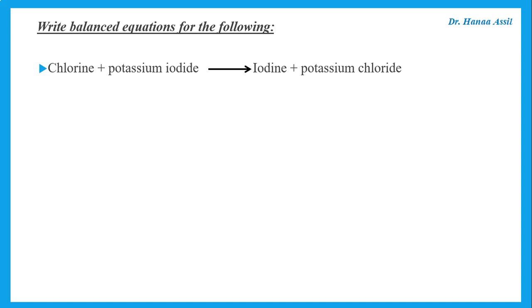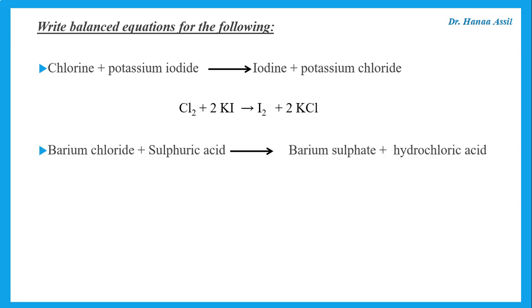So to write a balanced equation, we said chlorine, for example, plus potassium iodide. Chlorine is diatomic. Potassium iodide, valency of potassium is 1, iodide is 1, to give iodine plus potassium chloride. You count the number of chlorines, iodines and potassium before and after the arrow, so you need to put coefficients in order to balance. So the 2 in front of the potassium iodide, 2 in front of the KCl. These are coefficients to make sure that the number of atoms are the same before and after the arrow.